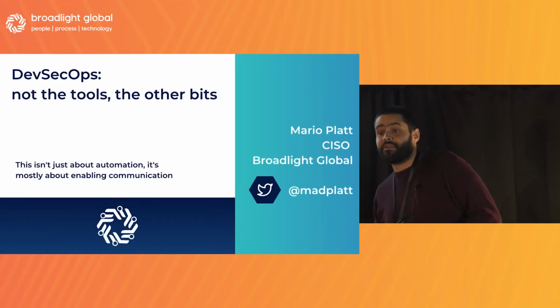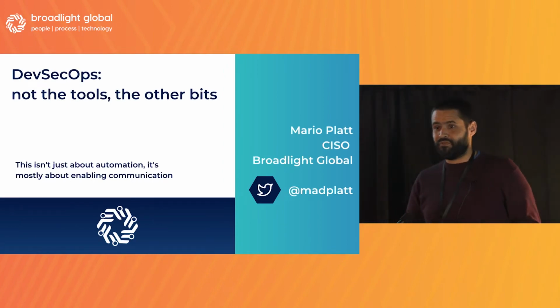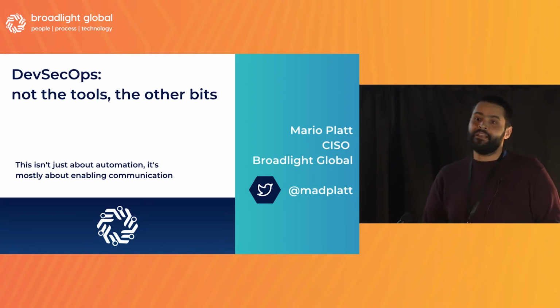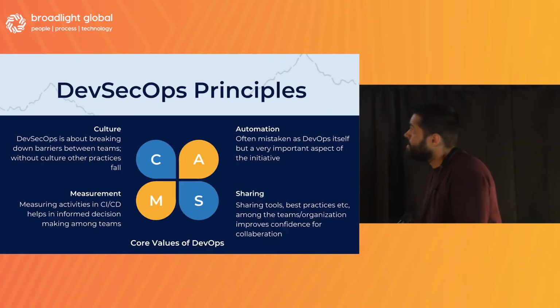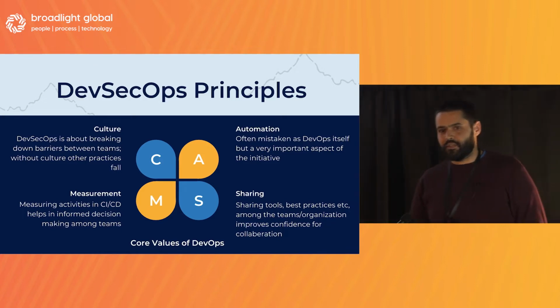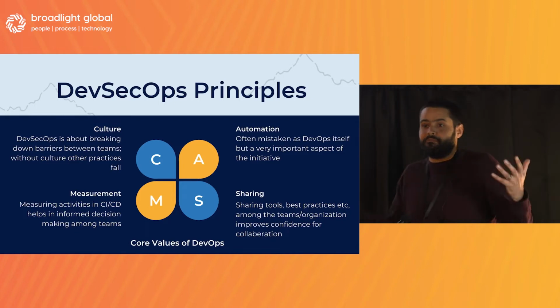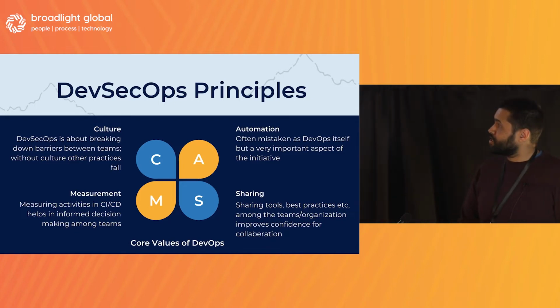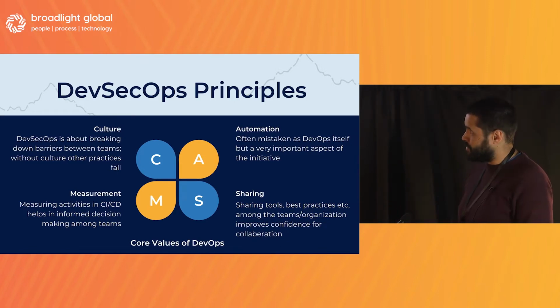What we're going to talk about today is there's a lot of information out there on DevSecOps about the tooling, right? Most of what you find out there is how to optimize tools, how to get better feedback from tools. Here we're going to talk about everything but the tools with regards to the CAMS model. You may all be familiar with the CAMS model. It was developed by John Willis a long time ago, I think shortly after 2010, as one way to talk about what DevOps should be in terms of culture, automation, measurement, and sharing. That's one lens through which to look at DevOps.